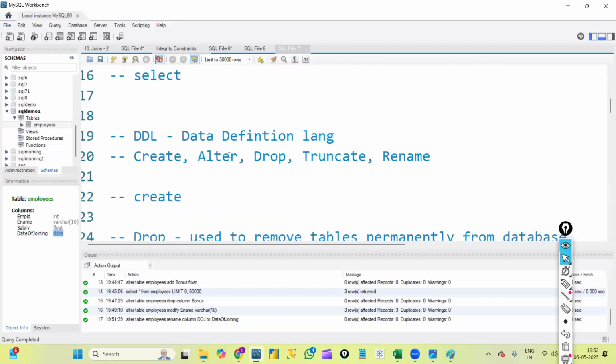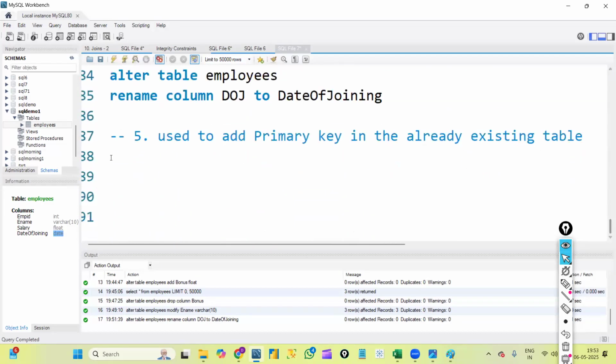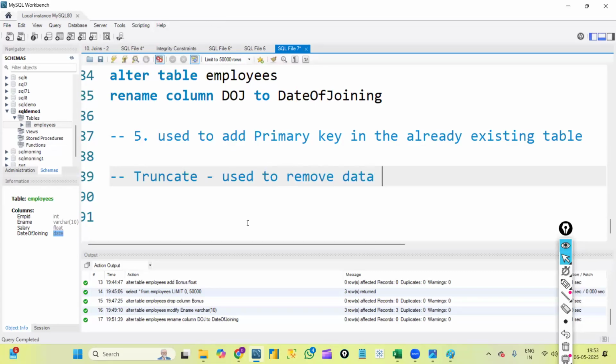Okay, so create is done, alter is done, drop is done. Next, let's see truncate. Truncate. The truncate command is used to remove data inside the table,